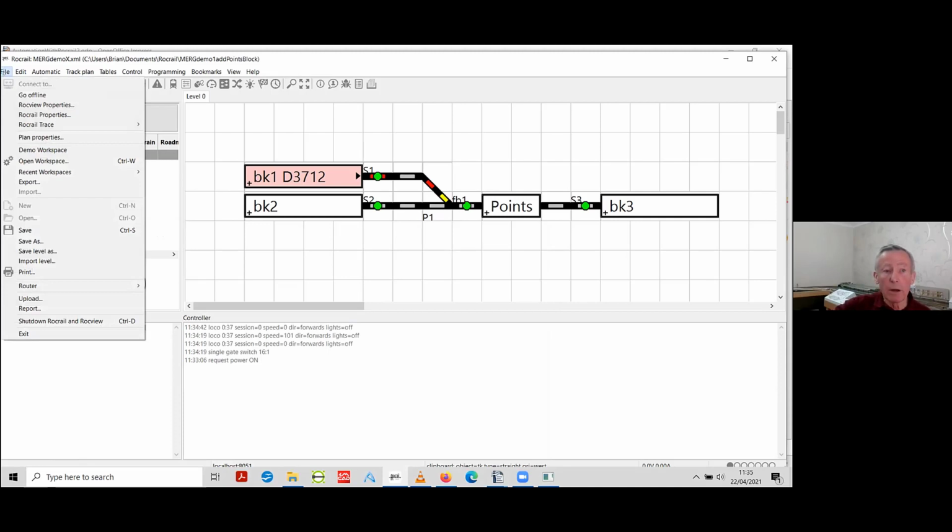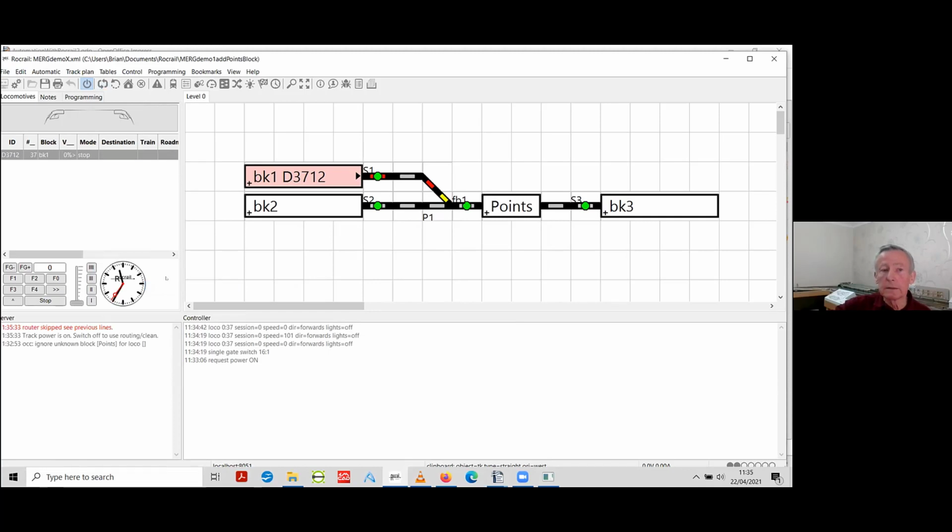So all I do is go on File, Router, and Routing, and Rocrail should delete all the routes and make new ones. But there's a message come up in the server window down here telling me that I've made a mistake. It's in red. The router skipped the job it was supposed to do. It says track power is on. Switch off to use routing. So if I switch off track power,